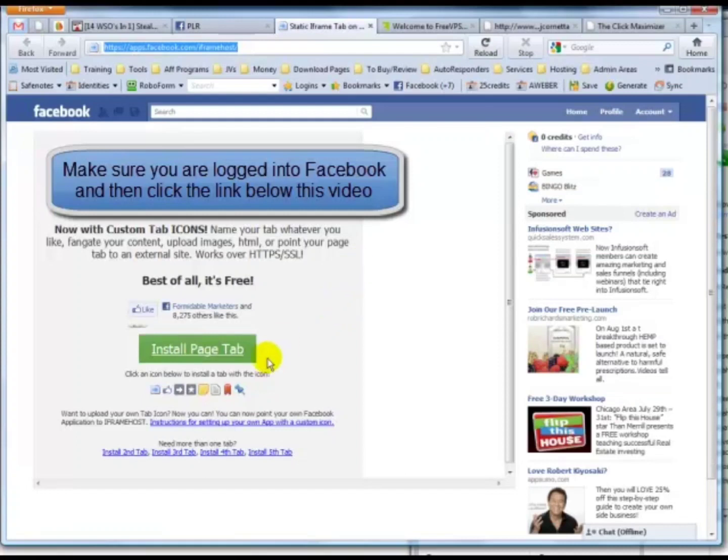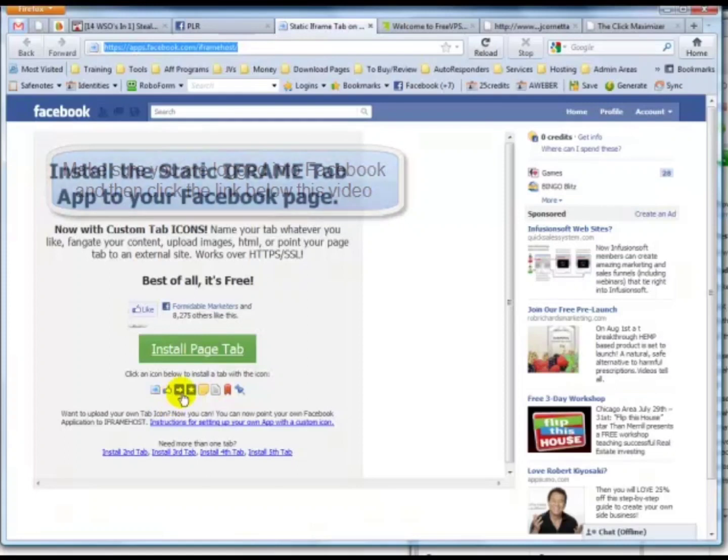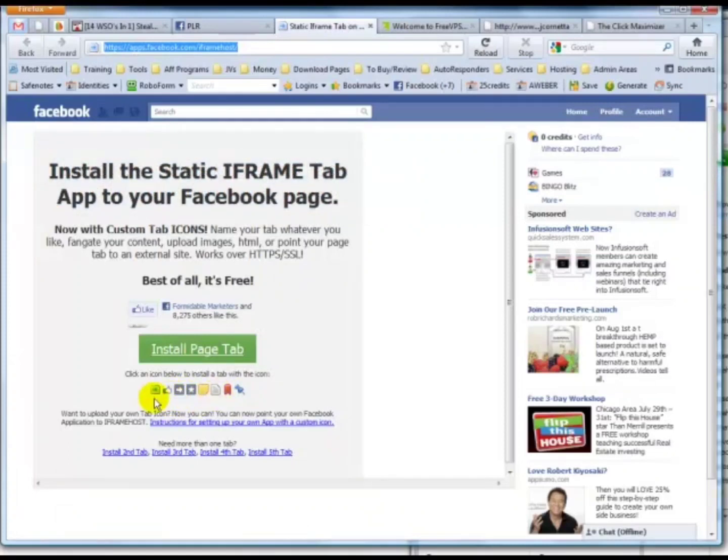Now the main thing you want to do is pick an icon of what you want to show on your fan page, and a lot of them usually have this little star, but you can actually choose a different icon. So I'm going to choose the thumbs up icon because it just looks cool, and you'll see where this shows up in just a second. So click it